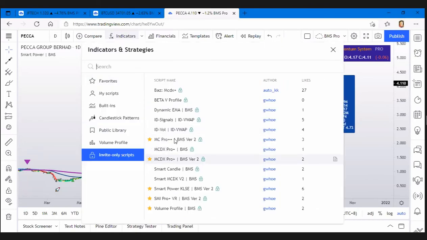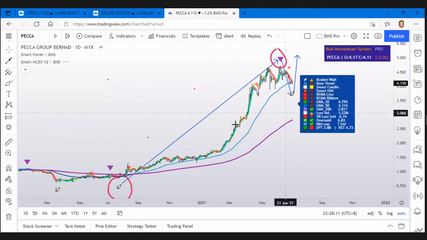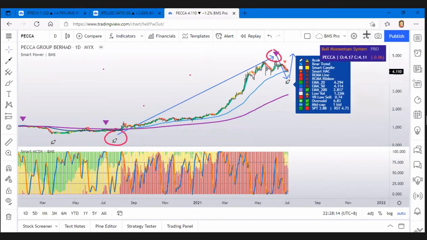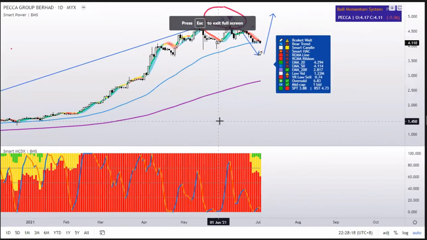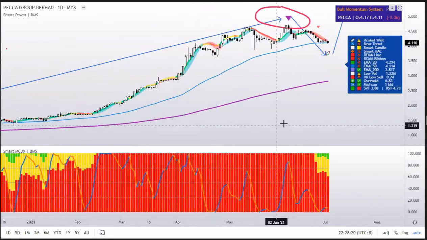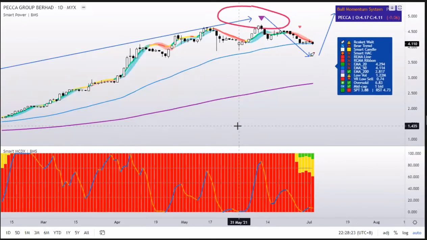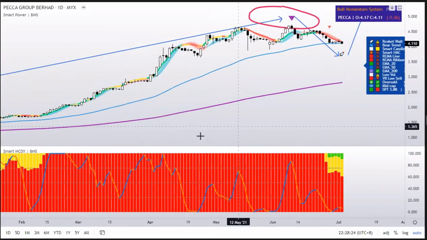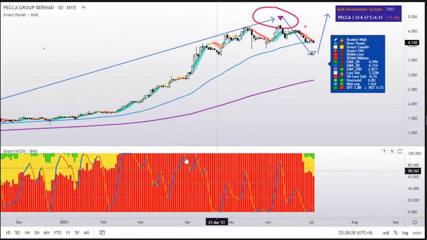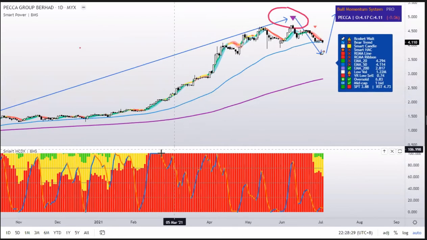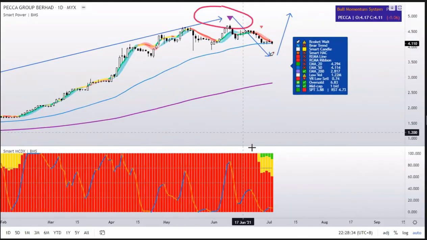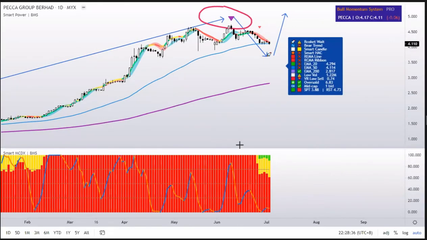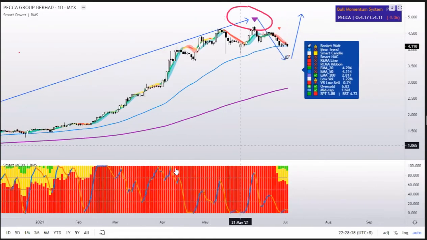Now, I also have the very first version of the MCDX. It's called the Smart MCDX. This is the very first version of the Smart MCDX. A lot of people have this version of MCDX. It only shows you the green, yellow, and red parts of the volume, the banker. Now, this MCDX is not accurate,